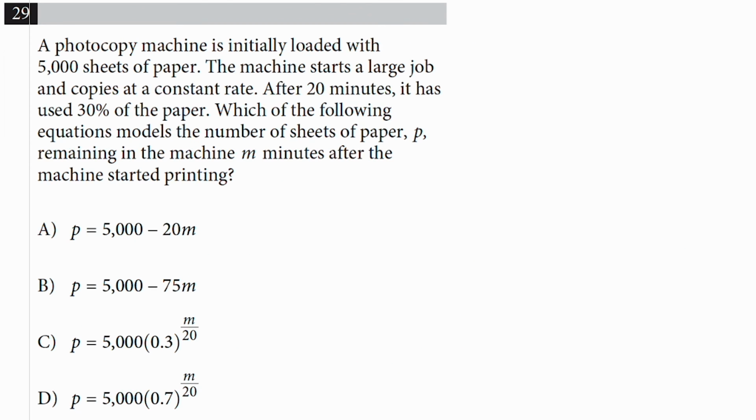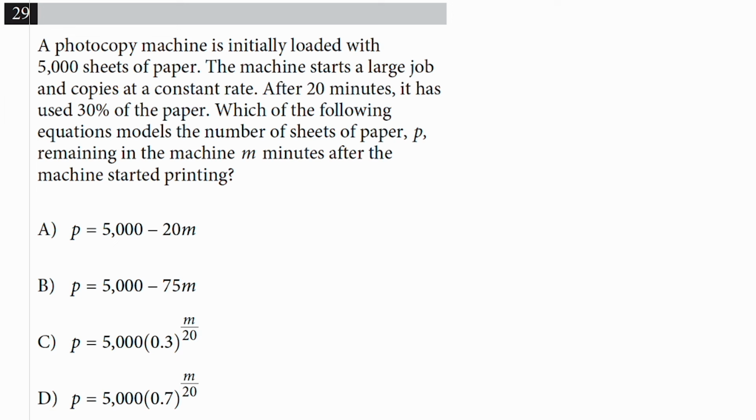A photocopy machine is initially loaded with 5,000 sheets of paper. The machine starts a large job and copies at a constant rate. After 20 minutes, it has used 30% of the paper. Which of the following equations models the number of sheets of paper P remaining in the machine m minutes after the machine started printing? It's tempting to see that 30% and think of exponential equations, but this question does not